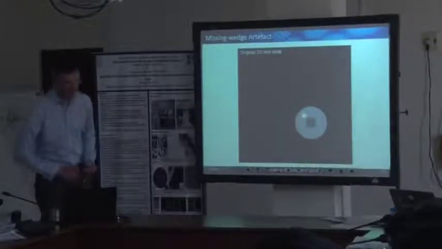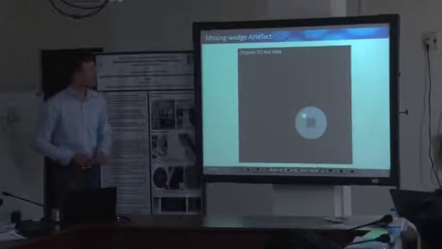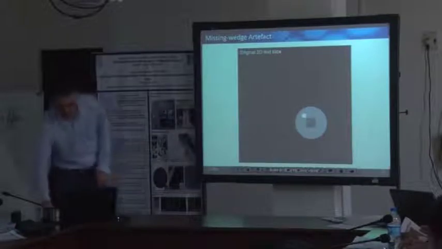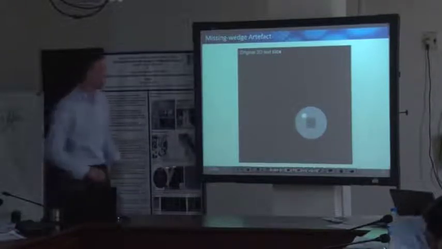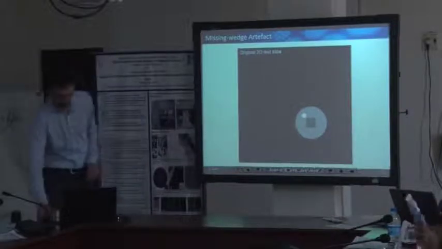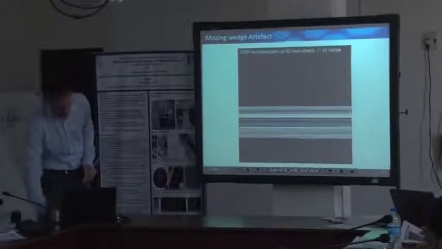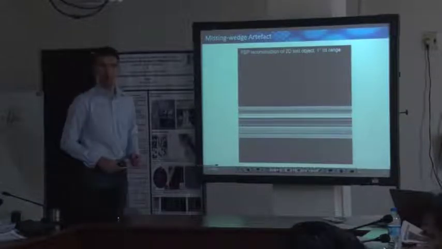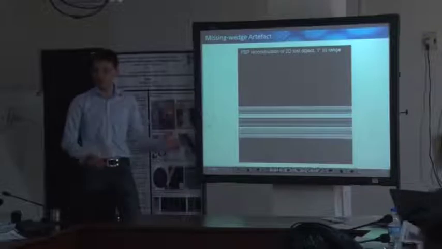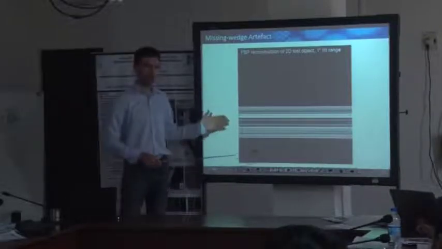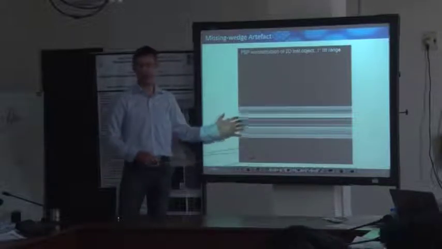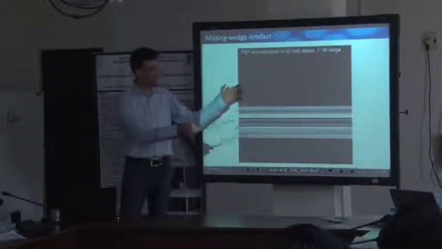So let's go a little bit more. Let's discuss in a little more detail how these missing wedge artifacts form. So this is just our test object. This is a well-known test object, which is also used for X-ray tomography. Just assume that we only have a projection in one direction. Now we do the reconstruction. How does the reconstructed volume look like if we only use one projection? We project it back, and this is the intensity distribution in 2D that